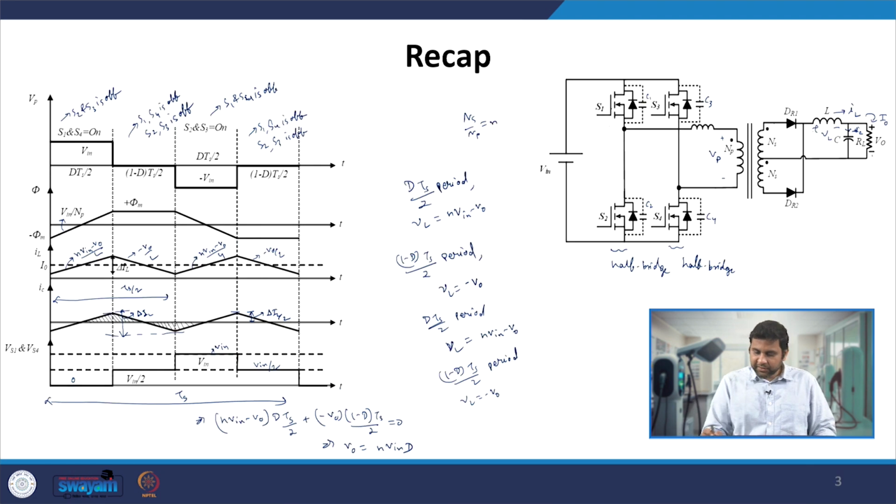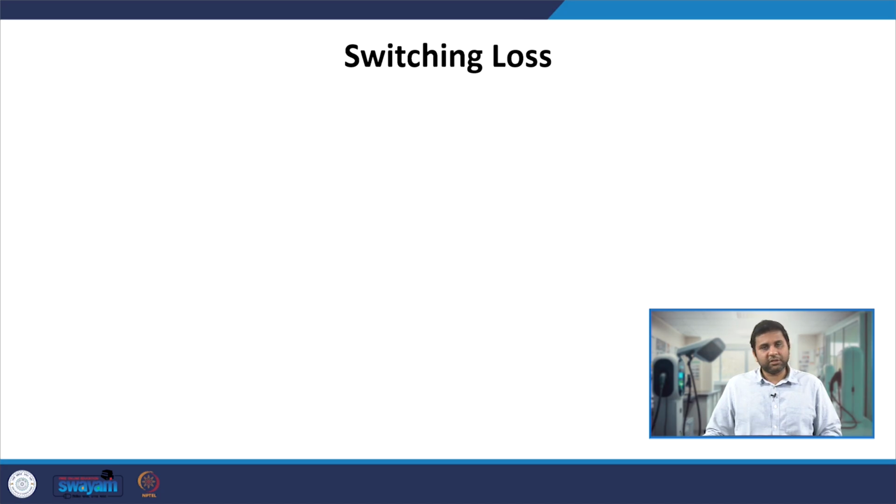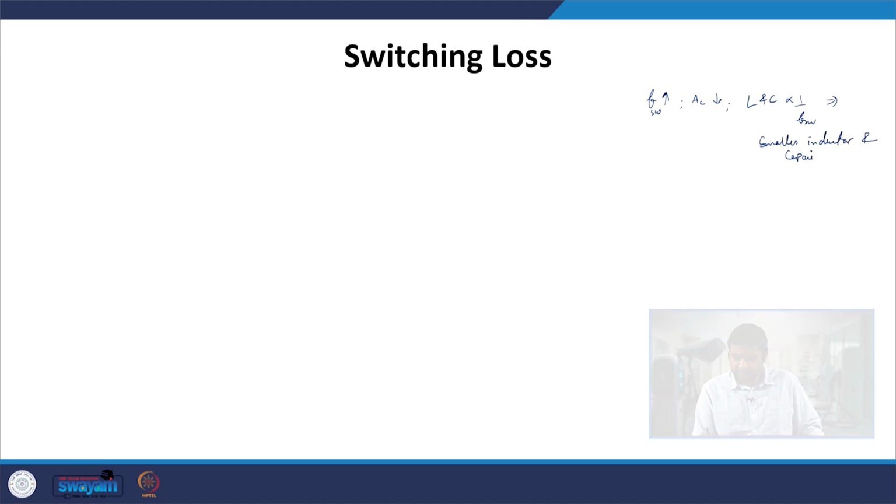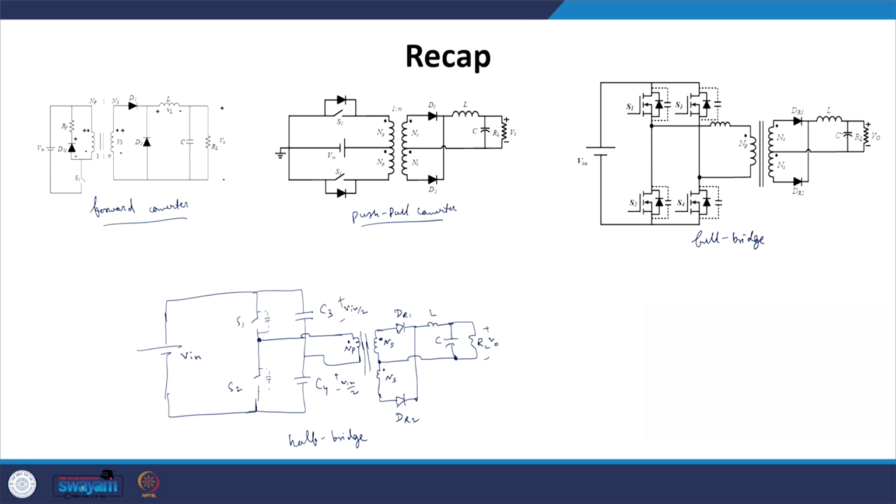We have seen some of the operation of the full bridge converter in the last lecture. Now let us start our discussion related to the switching loss, because we have seen that if we increase our switching frequency FSW, the cross section area requirement of the core gets reduced. Also the inductor and capacitor sizes are inversely proportional to switching frequency, and that is when we can get smaller inductor and capacitor. I am talking about the filter capacitor and inductor. These are all filter components placed at the output of this converter.